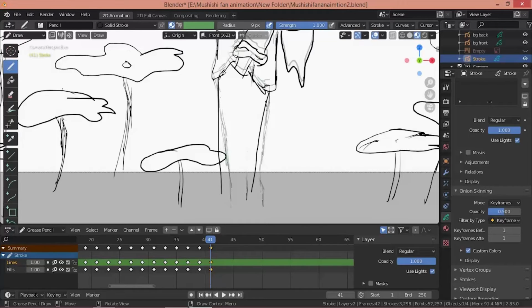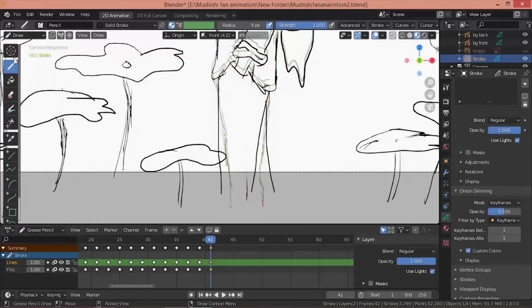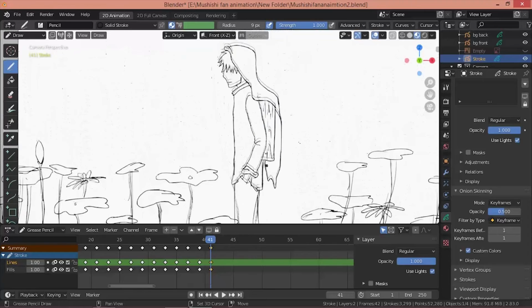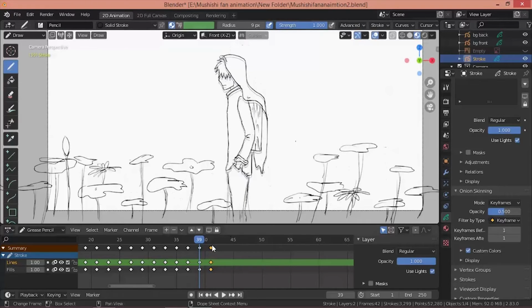like this, so like this leg is moving forward, and his other leg can be seen slightly. So now if you scrub through the frames, you can get a slight effect. I mean, it's very rough, but you can get a slight idea of movement. So this is how I created the walk cycle really fast.